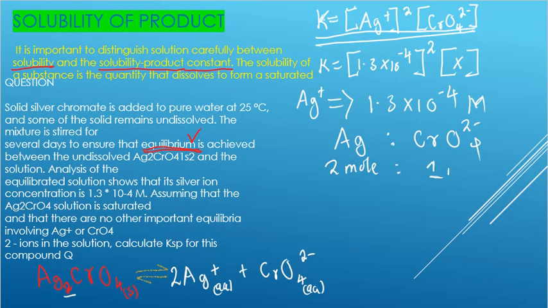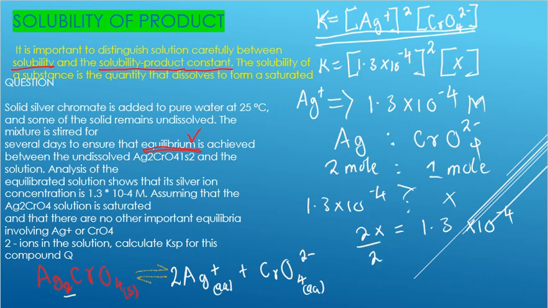Chromate only has 1 mole. Okay? Then you can put your molar. So we're going to have 1.3 multiplied by 10 to the power negative 4. Then we put our x. Then of course we're going to get 2x equal to 1.3 multiplied by 10 to the power negative 4, and of course this is going to be over 2, over 2. Cancel, our x is going to equal to,